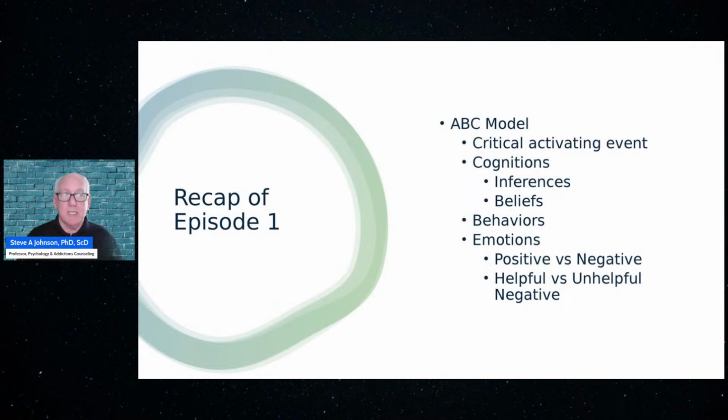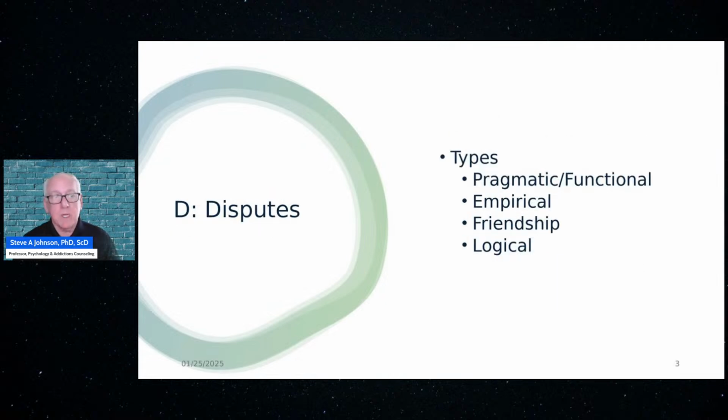But we live in cultures today where a lot of people have helpful negative emotions, but they disturb themselves. For example, they're sad about something and they go, "I just can't stand this being sad." And so they take a helpful negative emotion, because nobody really likes to feel sad, and then they can make it dysfunctional. They make it unhelpful because their cognitions, their beliefs about that emotion are just not helpful. Okay. Again, there's no judgment for that within REBT. We just want to help clients feel better, but more importantly, get better in their life in particular kinds of ways that I'll mention here in a minute.